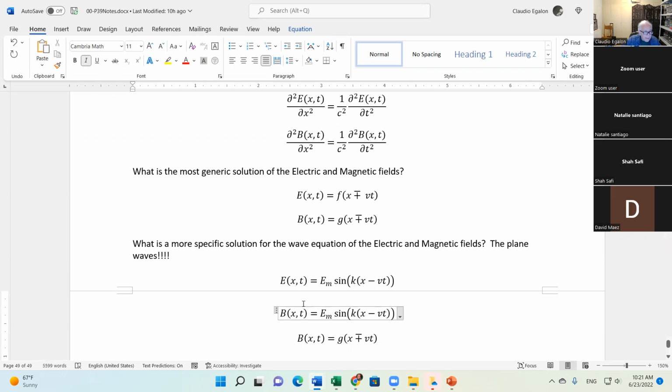solution, but the amplitude is going to be different. Okay. This is the amplitude. This v you already know is c, right? The velocity of light, 300,000 kilometers per second. Okay. And what else can we do? Okay. We can find out.